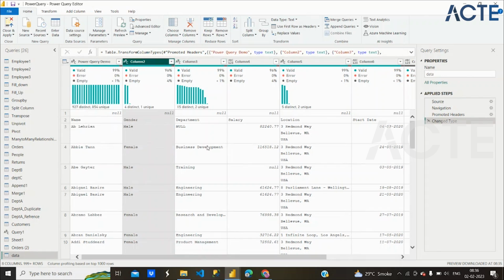So there is a difference between caps null and the small nulls. Small letter null means there is nothing there, it's totally empty cells. Caps letter null means it is a text, like it is null but it contains some text. So